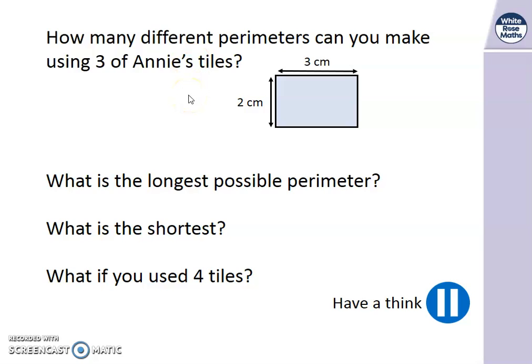Here is your activity that I want you to do today in your book. I'd like you to use the squares in your book so that each tile is 3 squares long and 2 squares down. Don't worry about the centimetres, just write that on. So it's 3 squares along and 2 squares down, just like we've been doing in the previous questions. If you're not sure how to draw that,